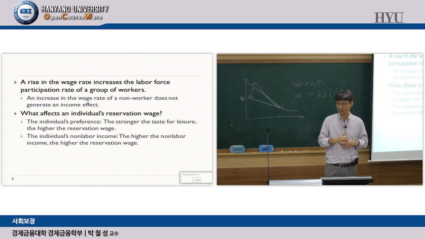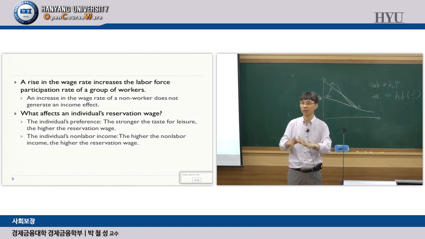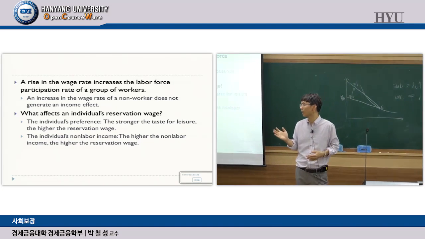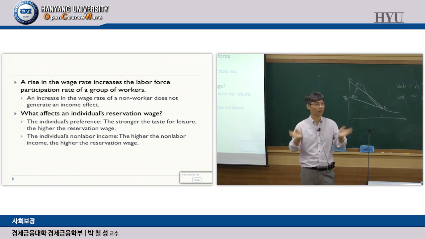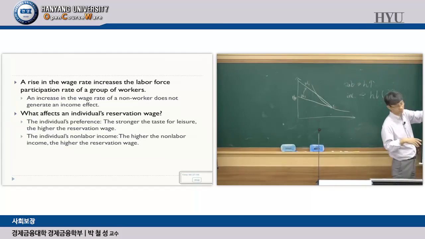But if the wage goes up, then we can say surely that for some people, they will increase working hours. Okay? So I said the group of people, so let's think of a group of individuals. Let's say for that group, the wage goes up. Then we cannot say for sure whether the individuals who are already working, among the group, as a group are going to work more or work less. But we can say for sure that there will be more people who are going to work. Okay? So that's the first part.